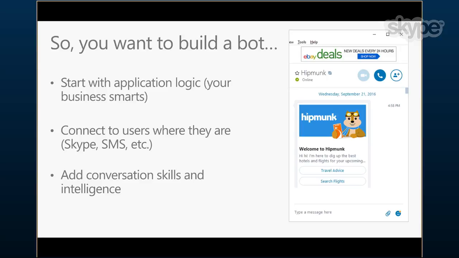So once you've written bot code, you then decide which channel or which channels am I going to light this bot up on. Many of the conversation channels that exist, and I'm pretty sure each of you have a number of different messaging applications you use: Skype for Business, Skype, Facebook, Slack, GroupMe, Telegram, there's a long list of these things. Many of these development models have their own software development kits. So if you want to develop a bot for Facebook, you can use the Facebook SDK. If you want to develop a bot for, say, Slack, you can use the Slack SDK.